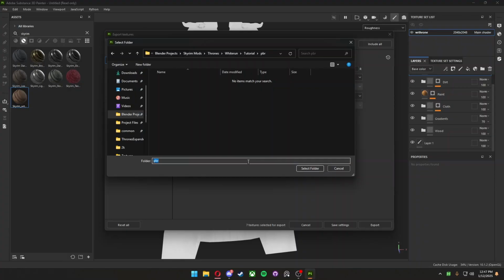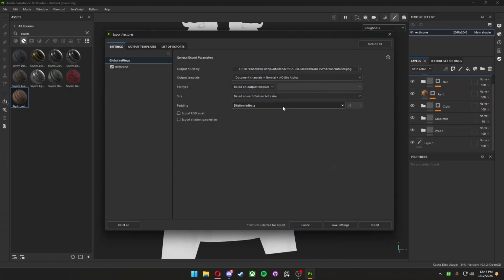Or they're not PBR, actually they're not PBR textures. They are gonna be converted, so we're just gonna call this PNGs, because these are gonna be exported as PNGs, because we can't export them as DDS, unfortunately. There is not a DDS option, so we're gonna have to convert these to DDS, but we are not there